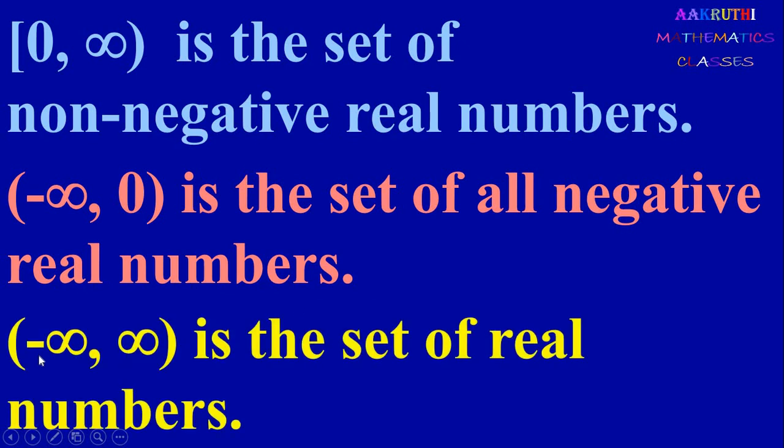Next it is (minus infinity, infinity). It is the set of all real numbers. We represent a small number as minus infinity and a large number as infinity. So these are symbols for the highest number and least number. If you denote it like this, this contains all the real numbers. Real numbers can be represented in intervals like this. So we can write minus infinity to infinity with round brackets. That is, minus infinity and infinity are not real numbers. They just represent large and small values.